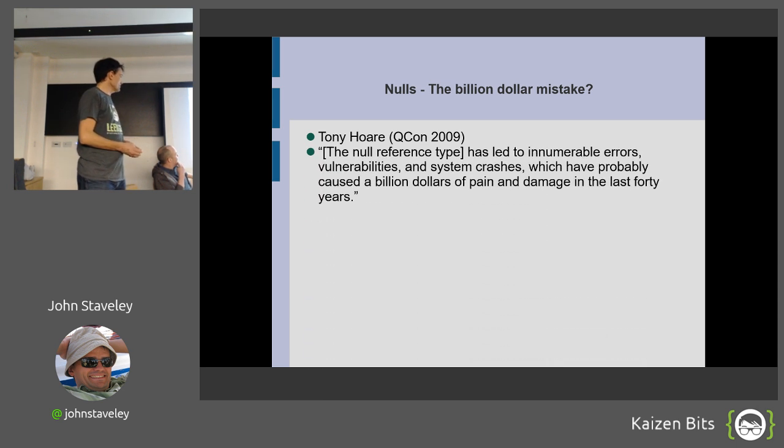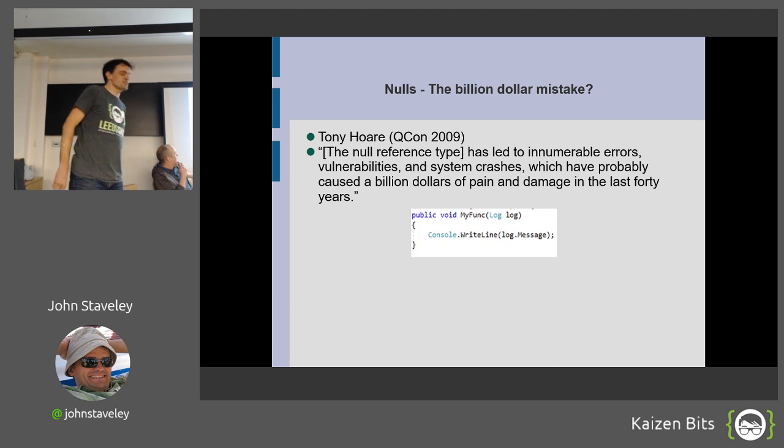So the null reference type is that innumerable errors, vulnerabilities, system crashes, which probably cost $1 billion of pain and damage in the last 40 years. So that's a lot of true. I mean, it's very true. There's a lot of times where you get the